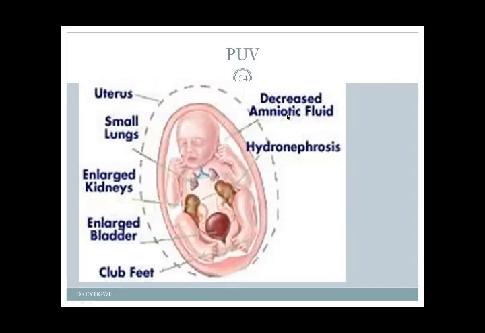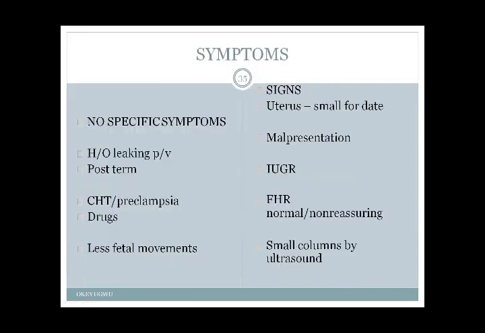So, what are the signs and symptoms? There are no specific symptoms, but they can give a history of vaginal leaking. And in pregnancies, we also observe that there is decrease in amniotic fluid volume in chronic hypertensive diseases, in preeclampsia, where